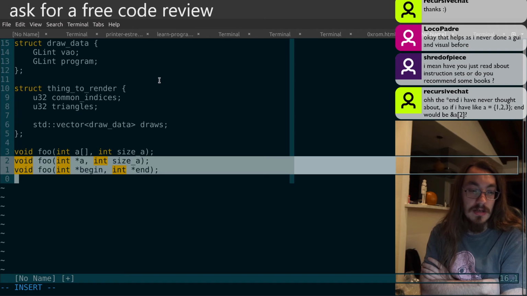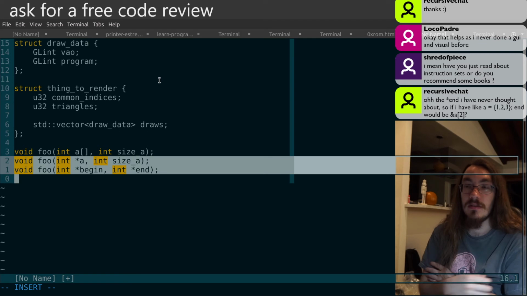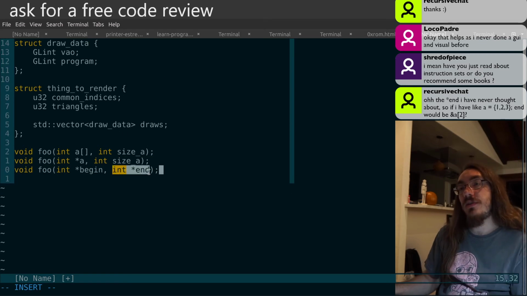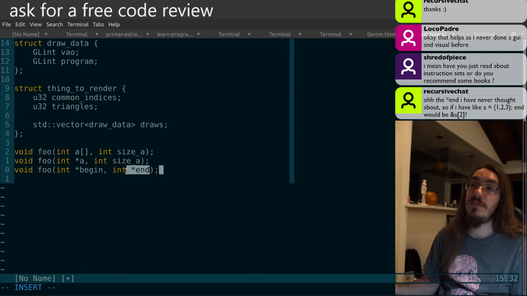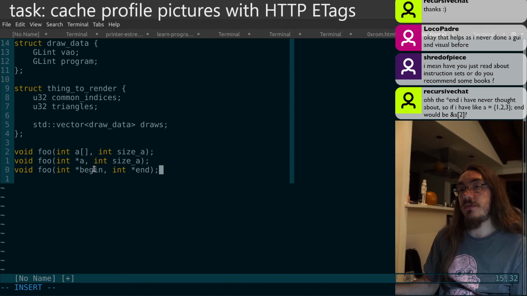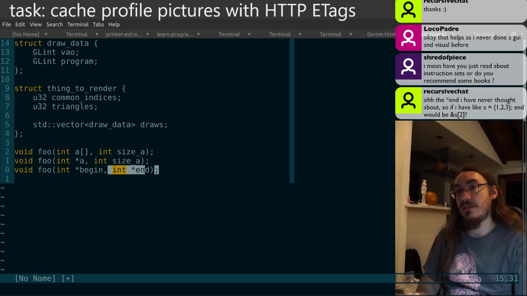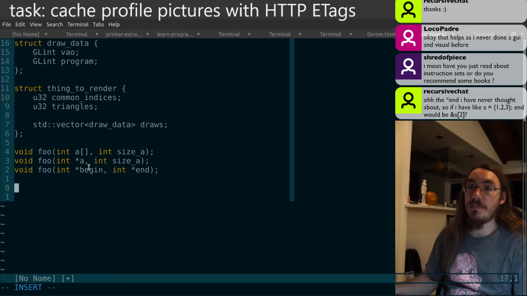So end would be a+2. No, end would be a+3. So end wouldn't refer to the last thing, well, it depends on the convention. It could point to the last thing. The C++ convention for C++ containers is that end points to just after the end. So if you wanted to print all your ints,